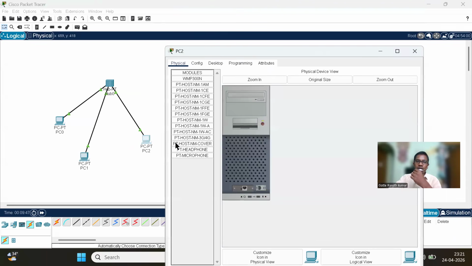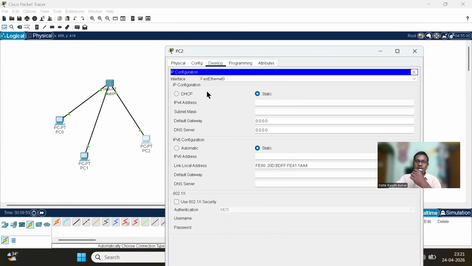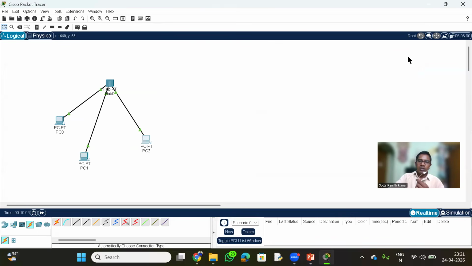Now you go to the third system, desktop, IP configuration, and enter 10 dot 10 dot 10 dot 3 and click on the next field, subnet mask. Automatically you get the subnet mask, and close this. So now IP addresses have been set for the three systems. If you want to know which system has what IP address, the first one, second one and third one,